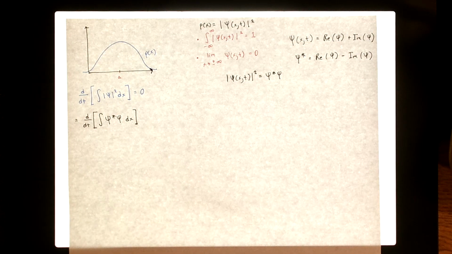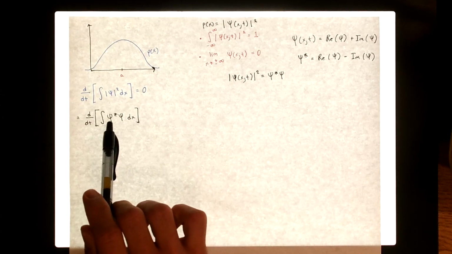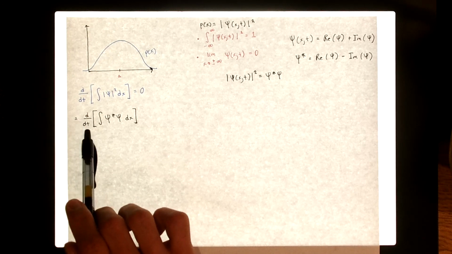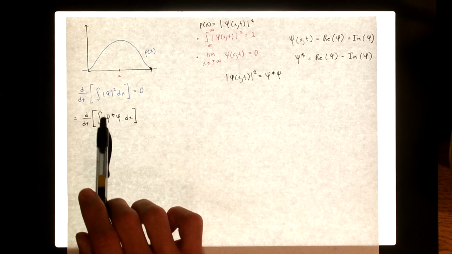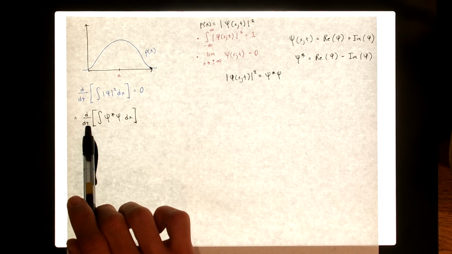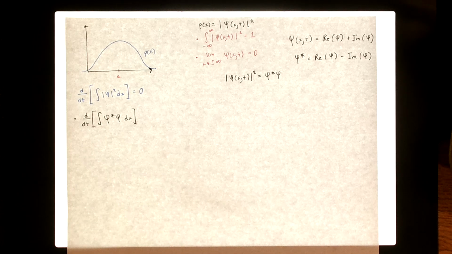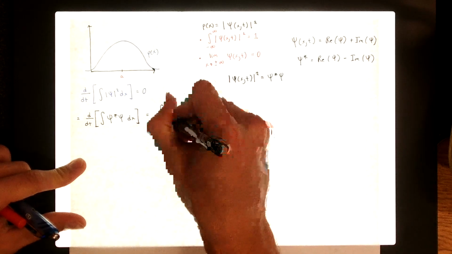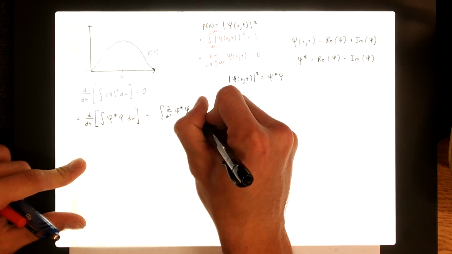Okay, now I'm going to do a trick here which we need to be careful with. Notice that everything inside this bracket is a function of both space and time, but I'm taking a derivative with respect to time. So if I want to move this derivative inside the integral, I need to convert it into a partial derivative with respect to time, just to recognize that this can also be a function of space. So I'm going to do that. Integral, partial derivative of the product with respect to x,